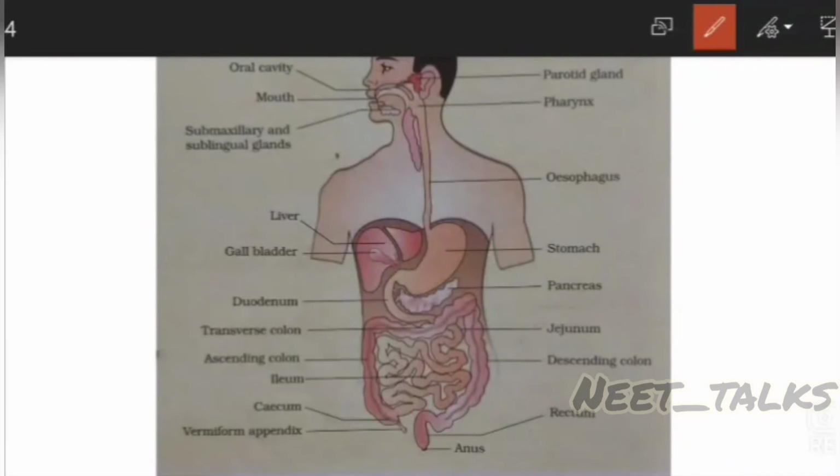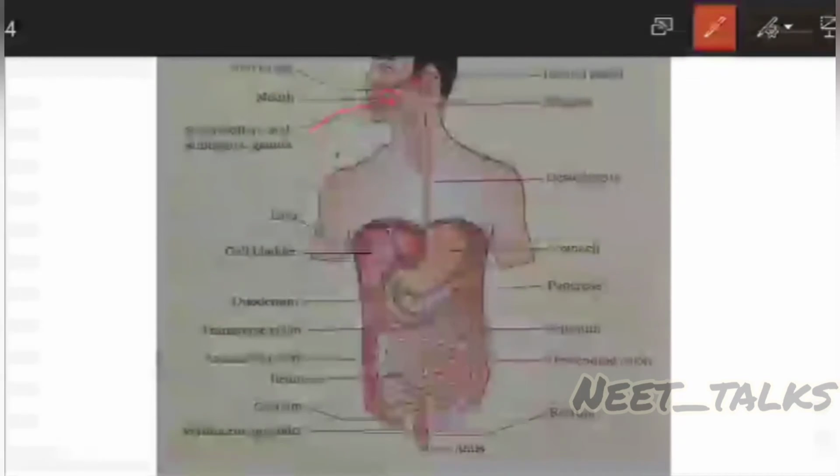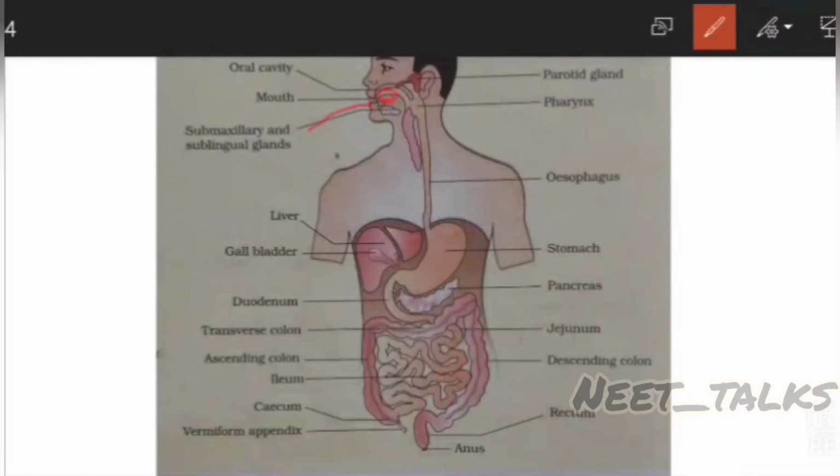Let us once more see the pathway through which the food travels. The complex food particles enter via the mouth, then the buccal cavity. In this buccal cavity, the digestion of the food starts. The digestion of the carbohydrate, especially the starch, is partially done in our mouth. And then that partially digested food enters our pharynx. What is that? That is the common passage to our larynx, then to the windpipe, that is the respiratory system, and this esophagus, that is the digestive system.